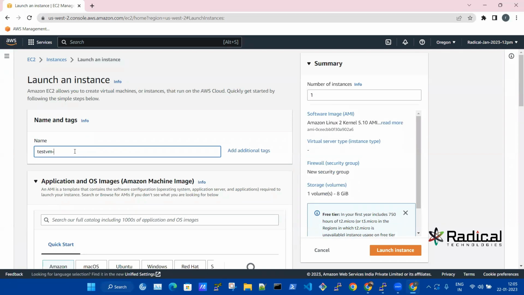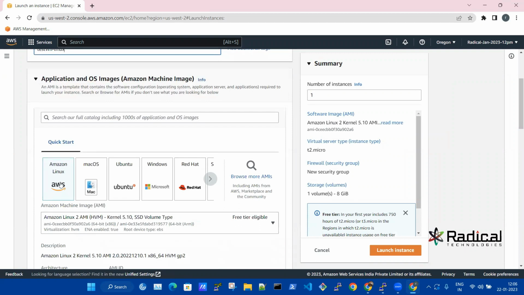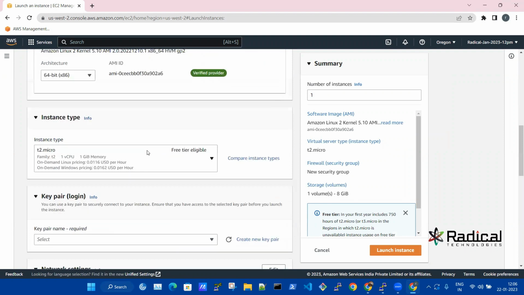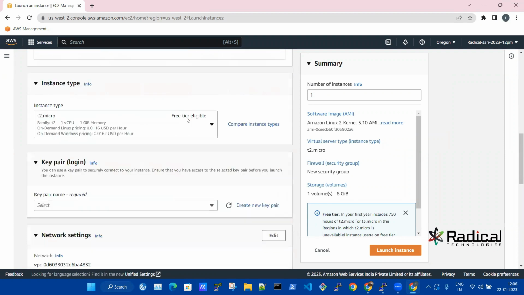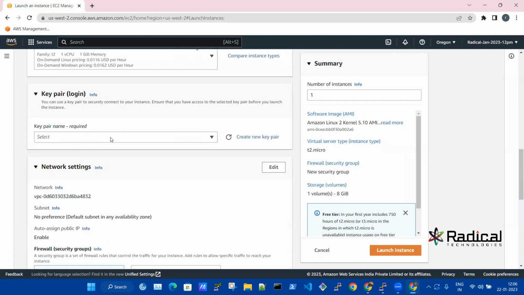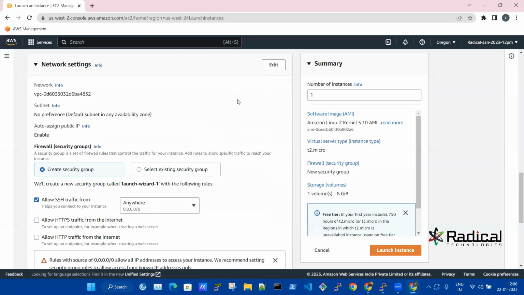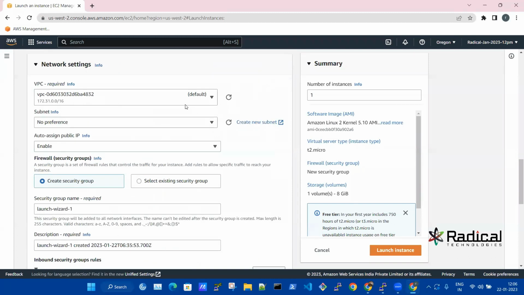Test VM Linux, image AWS, Linux AWS image. This remains as it is. Then T2.micro, free tier eligible. Yes. 1 GB RAM, 1 CPU. Yes. Key pair. Yesterday we created one. So let's select that. Network. We don't have any option other than selecting default. So default